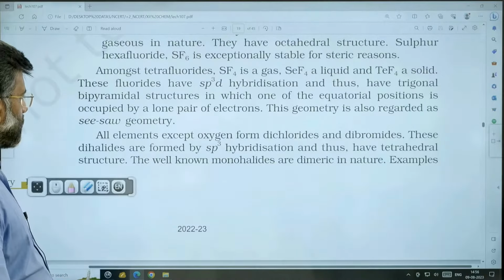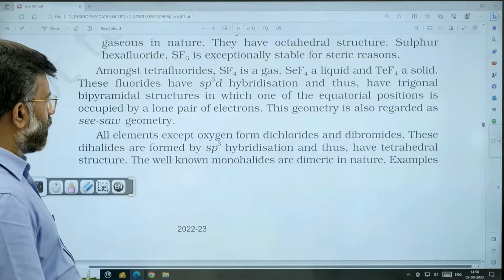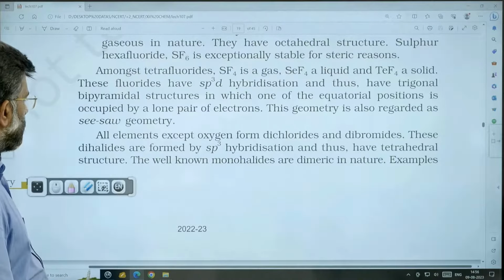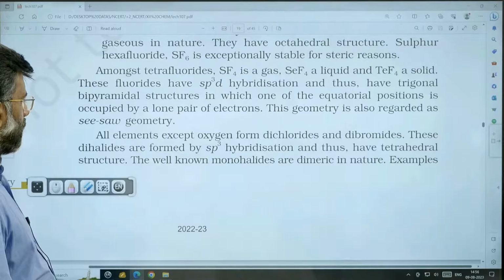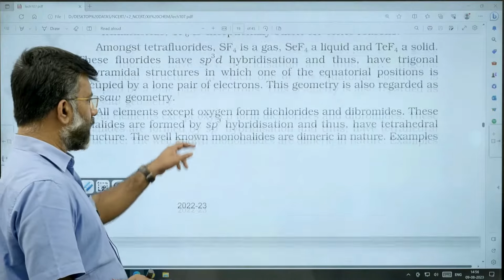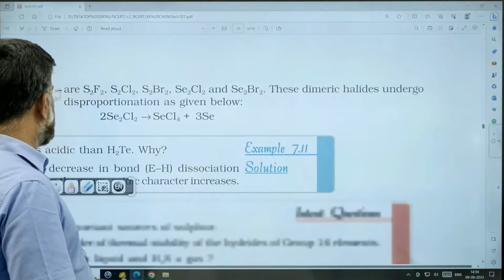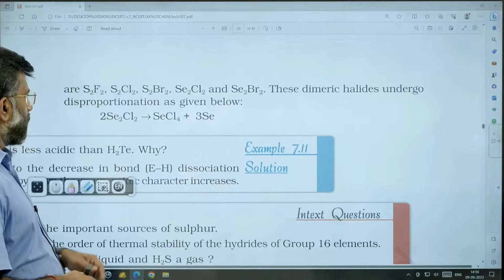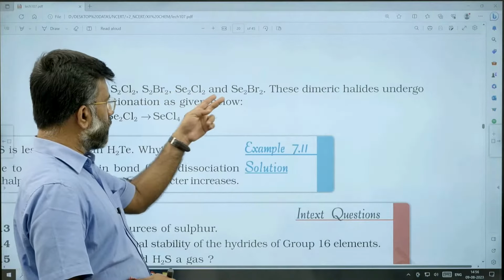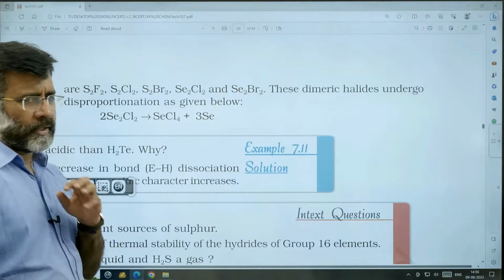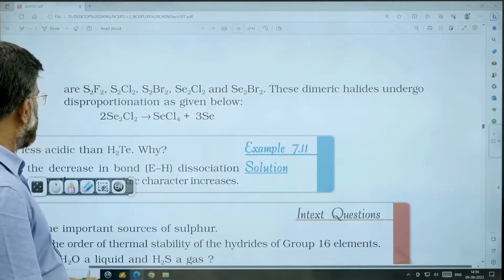All elements except oxygen form dichlorides and dibromides. These are all sp3 hybridized and have tetrahedral geometry. Many of the monochlorides are dimeric in nature. You can see S2F2, S2Cl2, S2Br2, Se2Cl2, Se2Br2. These are all dimeric halides, and they undergo